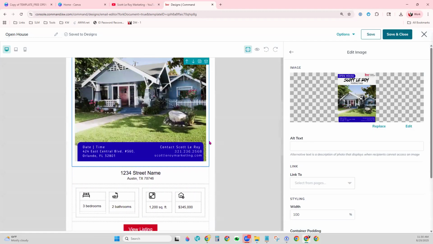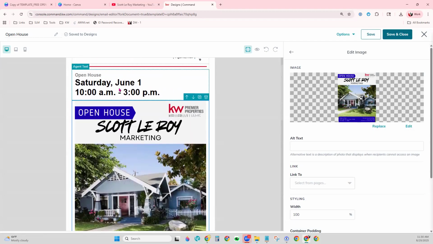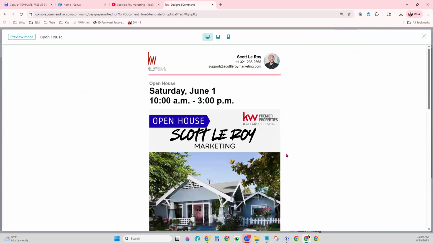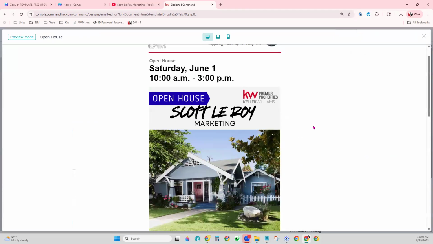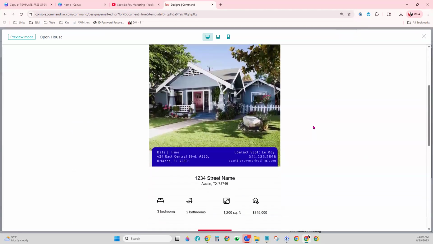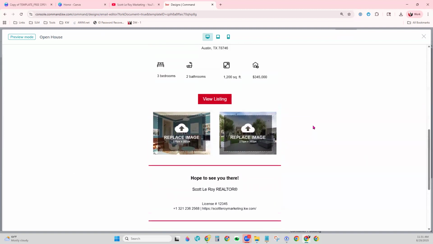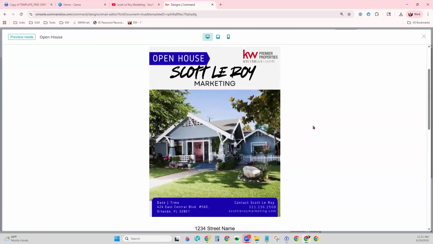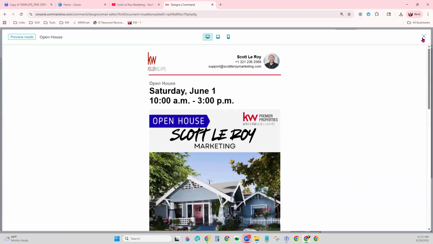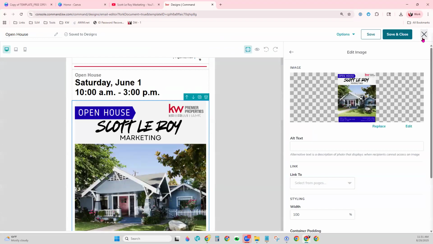So all you would do is come in and fill in the other pieces of the template. I'll show you what a preview looks like. There you go. So once you get all your information done and updated, this is what it would look like. So now you just need to go plug it into an email campaign. Super easy peasy. We have tip videos showing you how to do an email campaign. We have full hour class tutorials on email campaigns as well, if you need that. And we'll just go ahead and name it for today